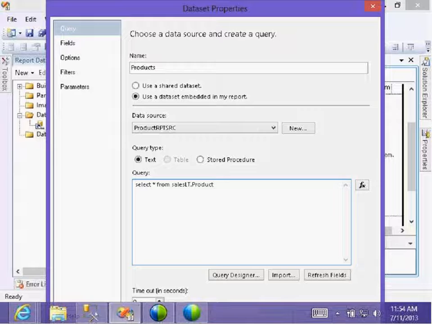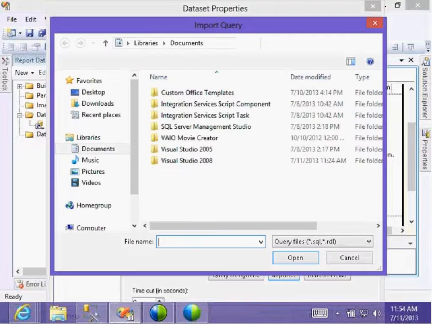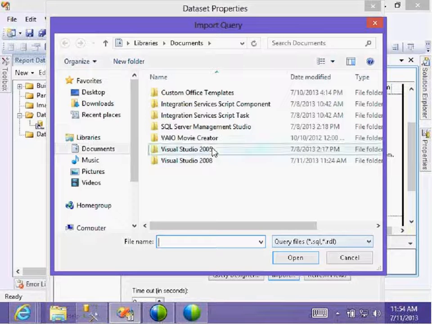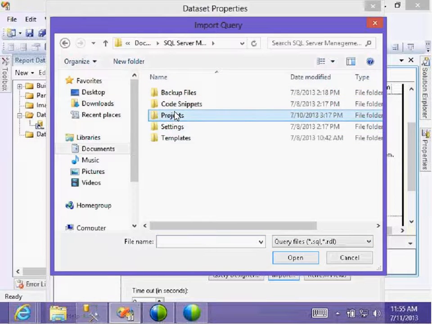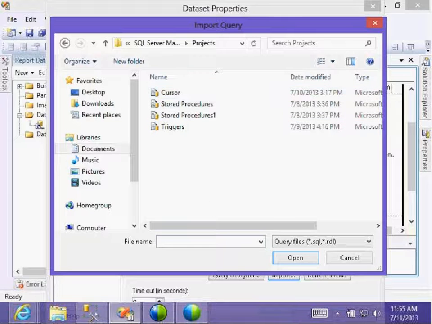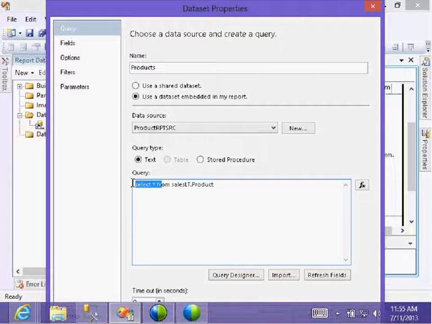There might be spelling mistakes, syntax mistakes, and logical mistakes. So I can save the queries in the form of a .SQL file on my computer. I can write and save the queries in the form of SQL files wherever I store them. Or else I can write the query here, but the important way to write queries is to save them as SQL files.